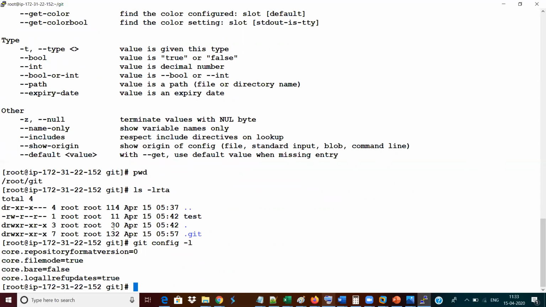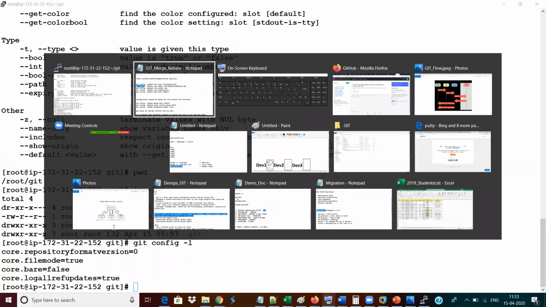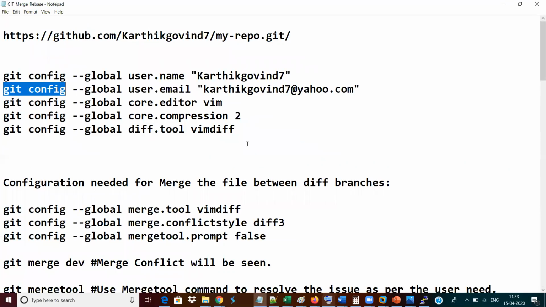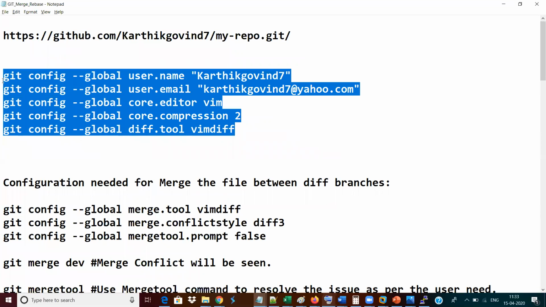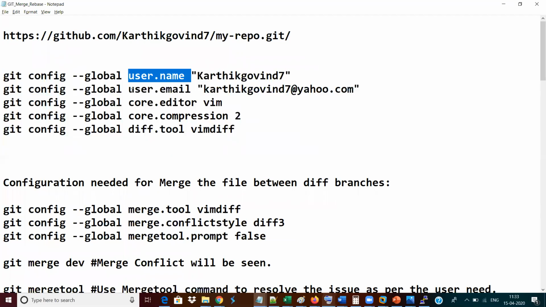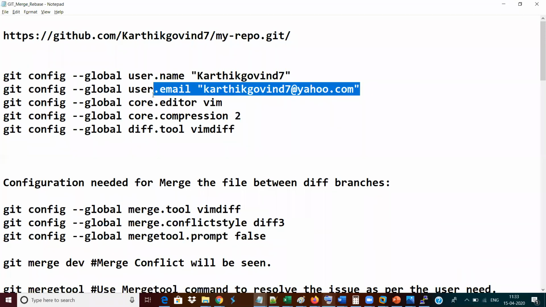So what I'm going to do is run some config commands related with Git, which are captured in this particular window. Can you see my screen? In this screen, I have added some config commands which I need to use. There I'm introducing what is going to be the username, what is going to be the email ID, what is going to be the core editor option with which I'm going to edit the files, and what is going to be the compression speed, that is, at what speed I'm going to access my Git components. And diff tool is an option which I am going to use in the future. All these options are not needed, but mainly these components are needed.